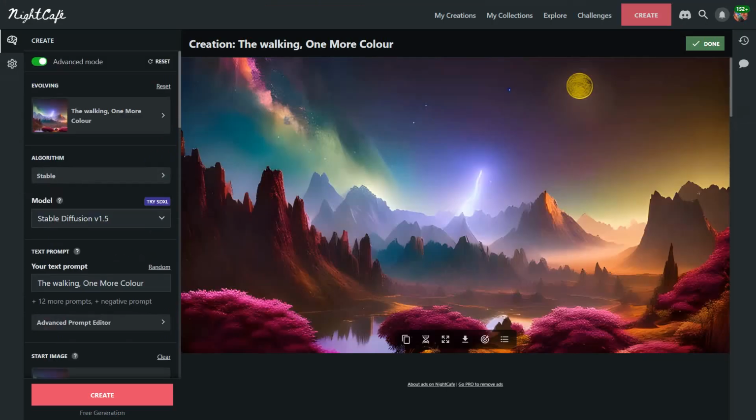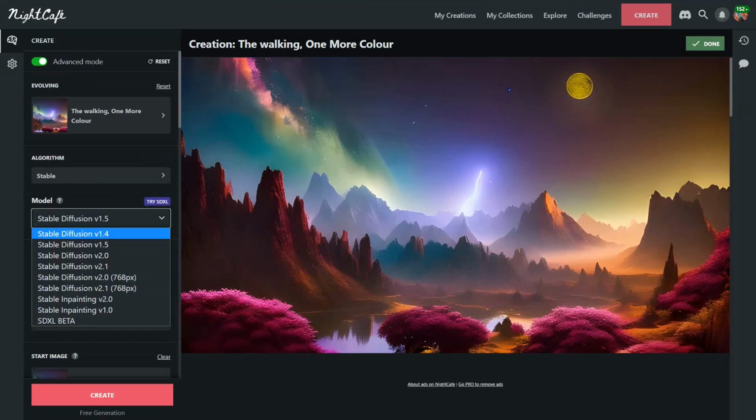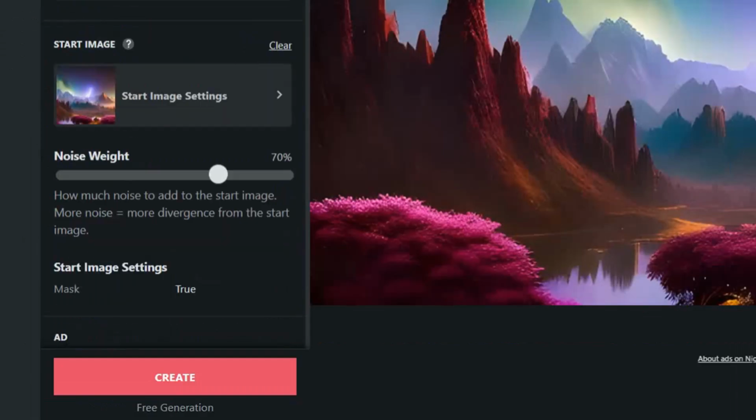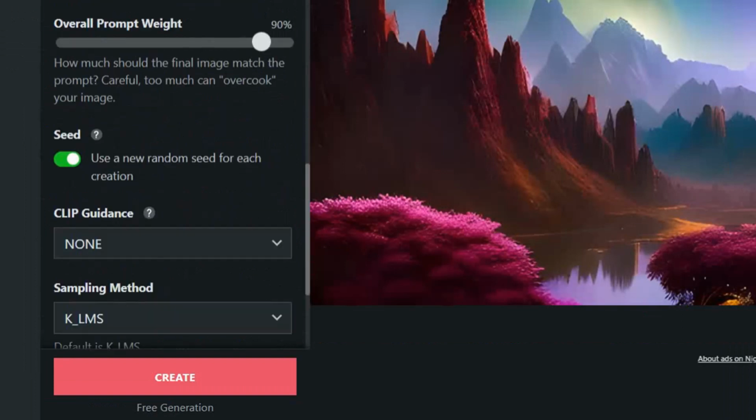So what I did to create this again is I changed the model to Stable Diffusion 1.5. There are many options. Many times you do go with the inpainting. That's actually recommended according to what I've been reading. But sometimes that works, sometimes it doesn't. So you have many options here to try. If you're not getting the results that you want, remember to look down here at your seed and make sure that you're using a random seed.